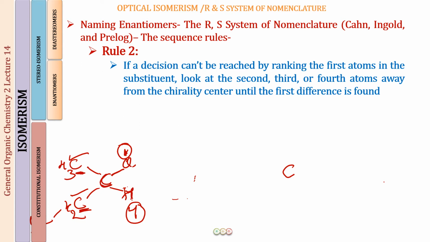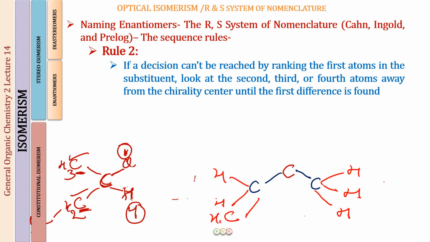Okay, so chlorine is done, hydrogen is done. I will be just writing down the CH3. When I write a CH3, this side will be an ethyl group. So a CH3, this is going to be carbon attached to 3 hydrogens. And this is a carbon which is attached to 2 hydrogens and a methyl group.